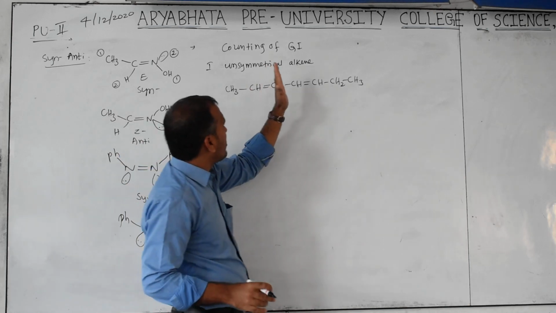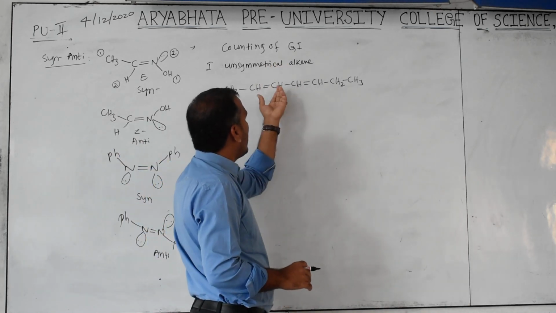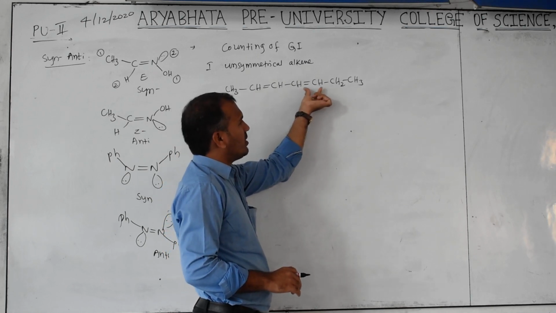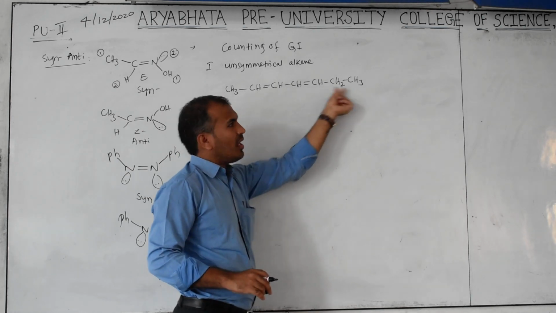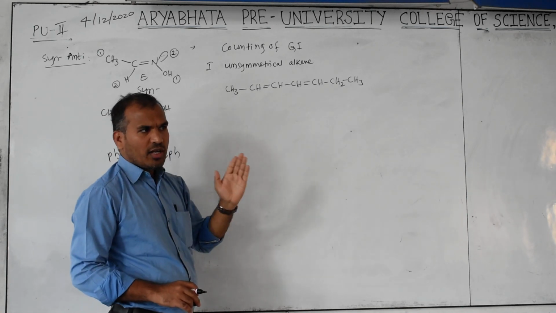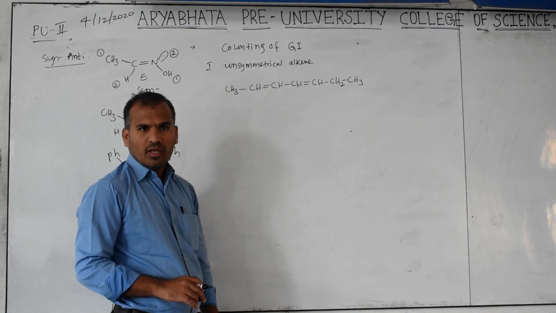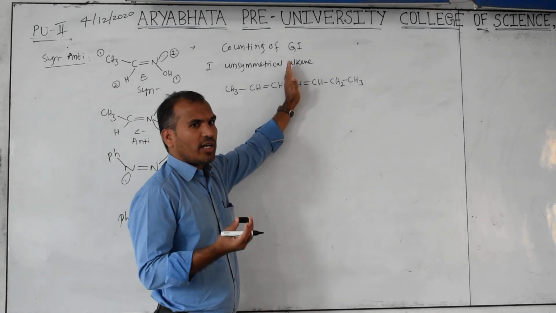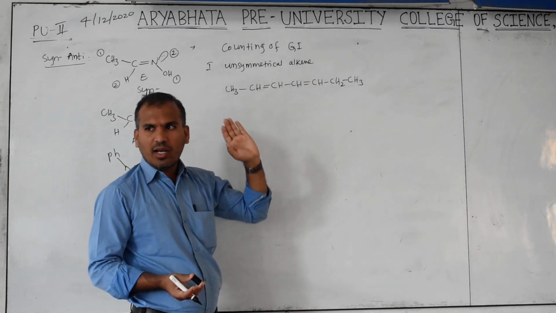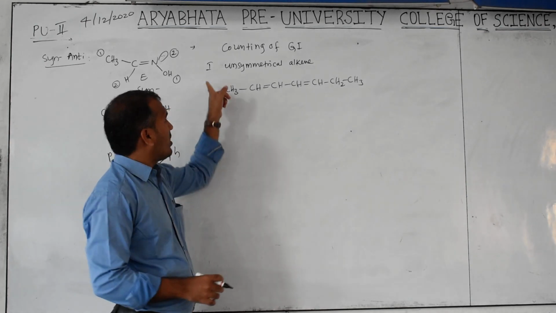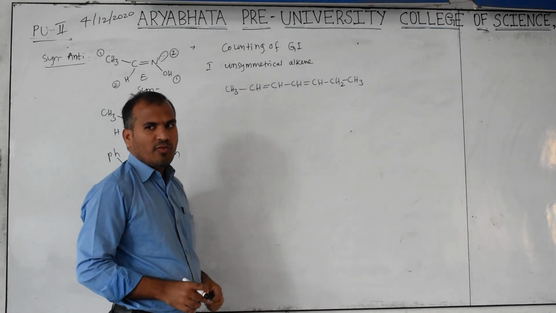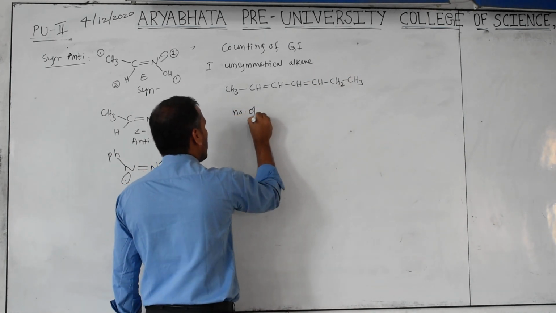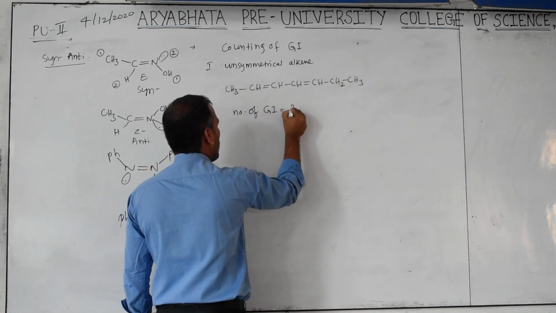Clear? Now if you cut this molecule in the middle, on the right side there is ethyl and on the left side there is methyl. Symmetrical or unsymmetrical? This is unsymmetrical. If you cut like this, you are not getting equal halves; you are getting unequal halves. Unequal means unsymmetrical. So the formula I am giving is applicable for unsymmetrical molecules. Here, the number of geometrical isomers is equal to 4n.